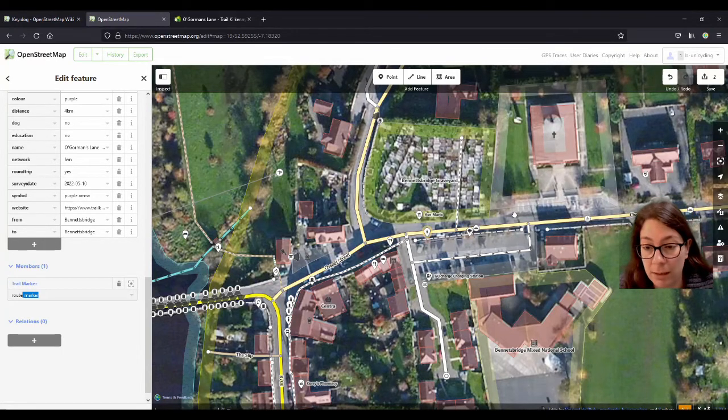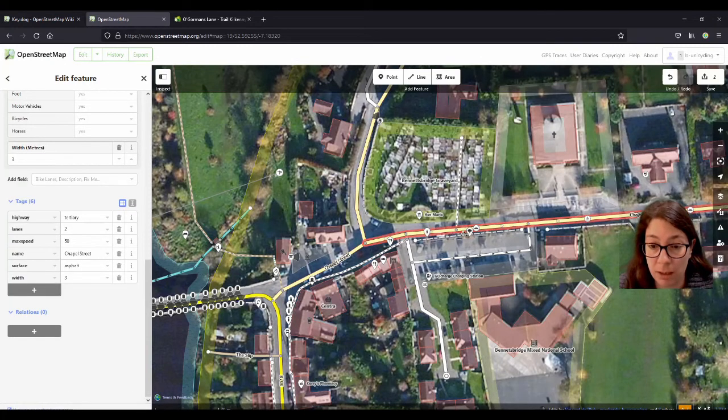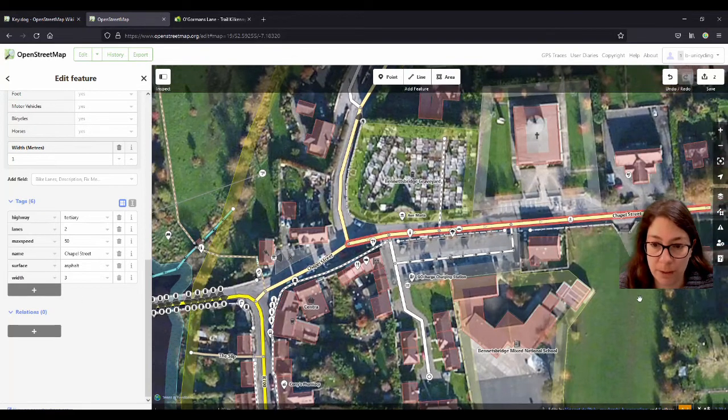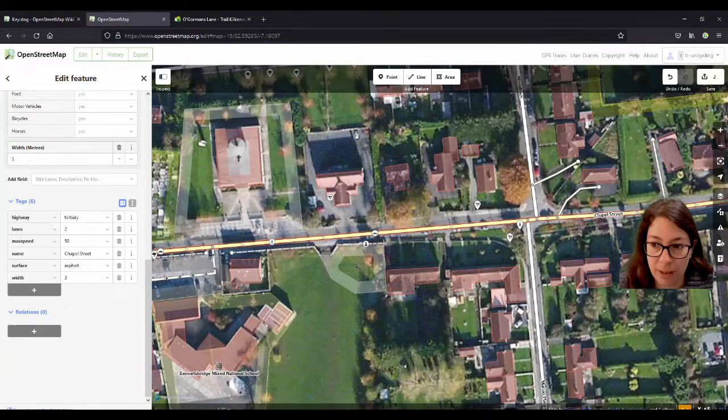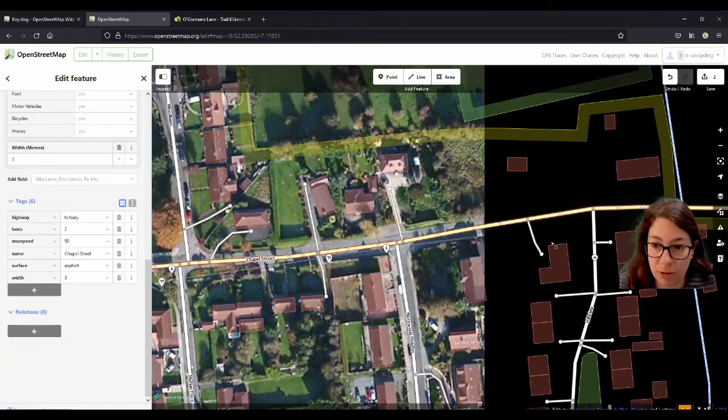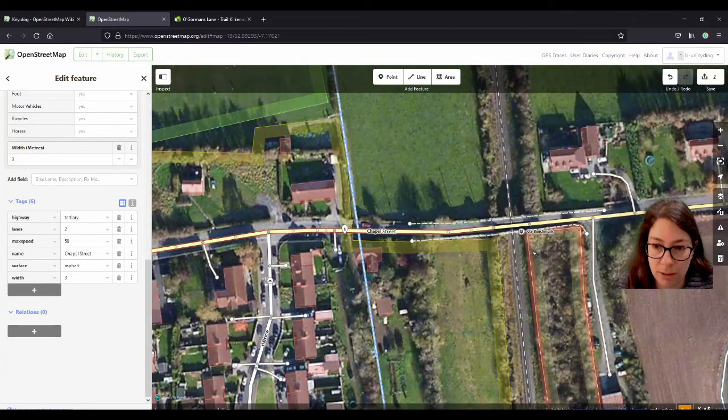And then I have to go and add all the roads that are along it. So technically, because the trailhead is here, I would have to split the road here and only add this bit. But there's also an information sign here at the butchers. So we can be generous and add the whole road to it. So the Chapel Street, and just make sure that it doesn't go too far. Sometimes there could be a turn left and it's not the whole of that street that's part of the relation. So you just have to go to the end of it or to your next turn and see if you have to split the road there.